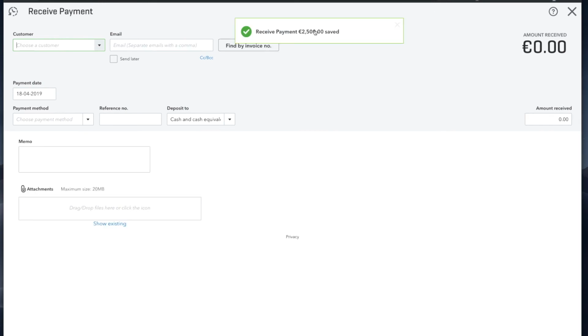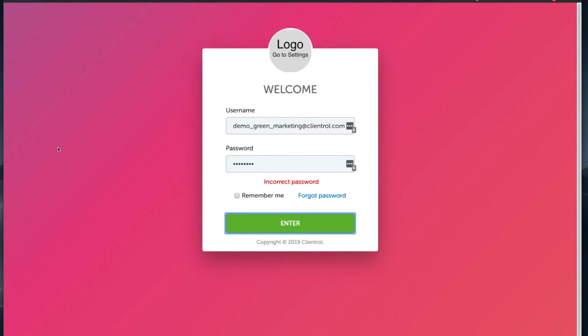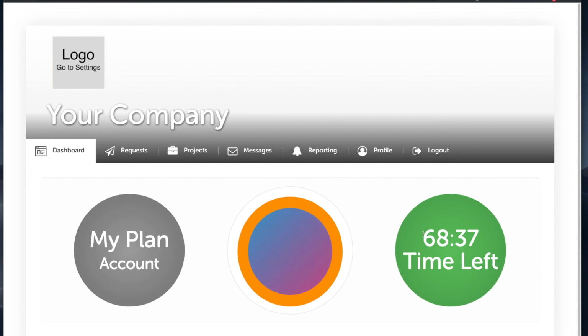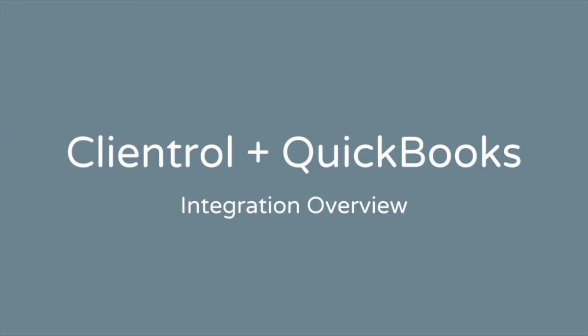Invoices are created within QuickBooks, and once payment has been received or the invoice is marked as paid, the hours are then credited back to the client account within Clientrol. So the admin or managers can access the client account within Clientrol, and they can add in time whenever they wish using direct, or if they would want to create a project, they can use tasks and add time to tasks, or they can use requests and add time to requests. At any time, the client can log in to their dashboard and they can instantly